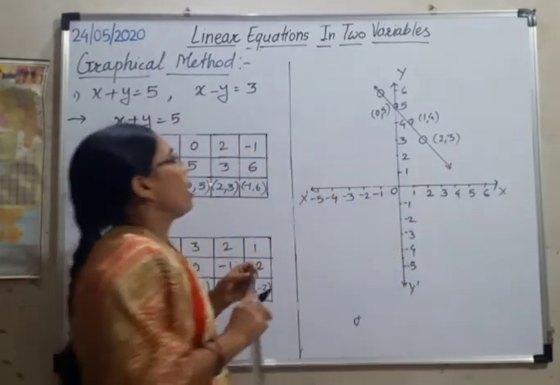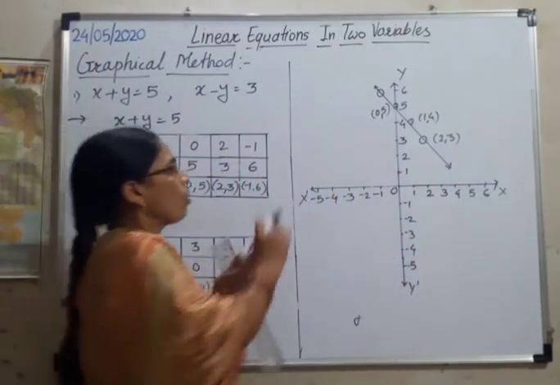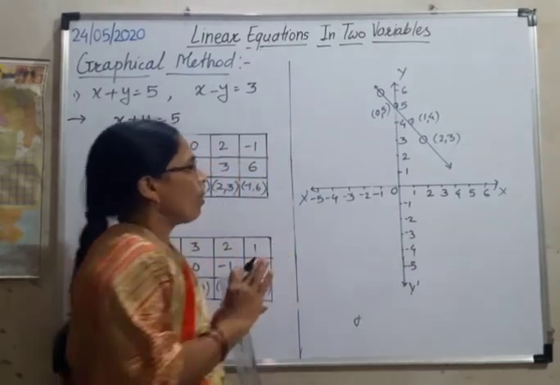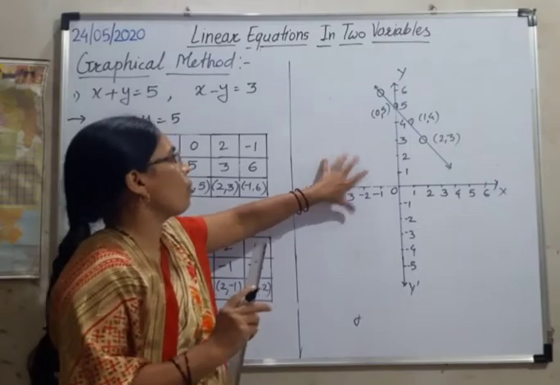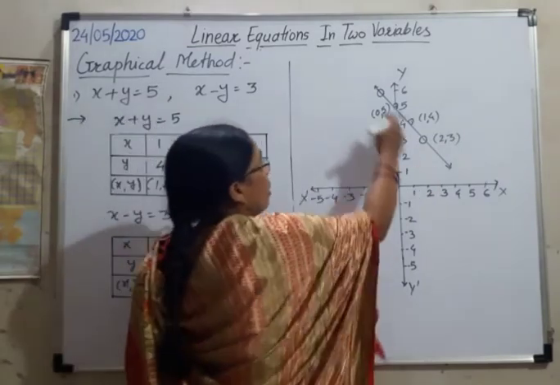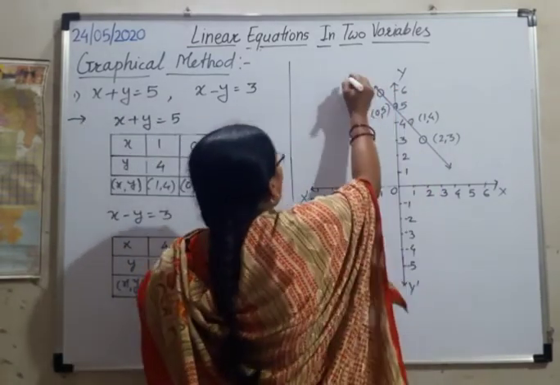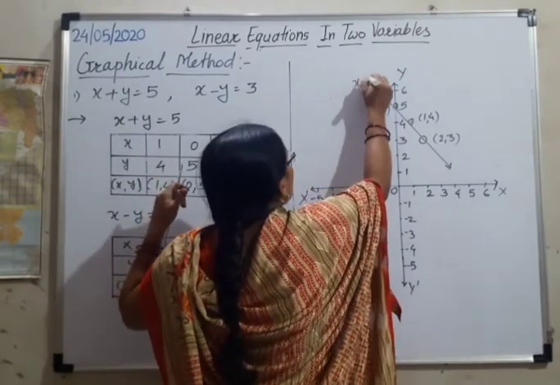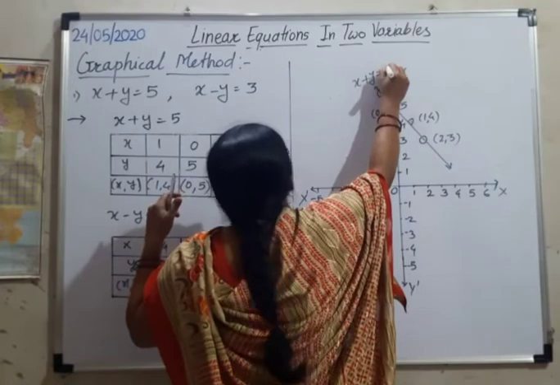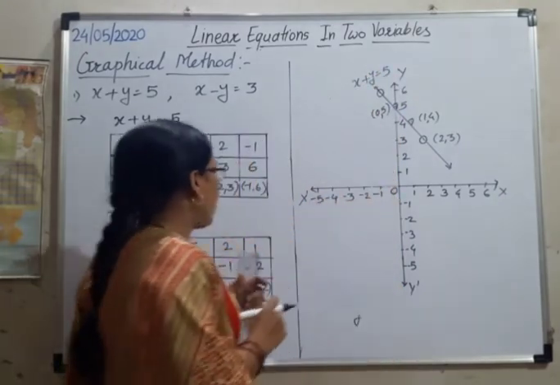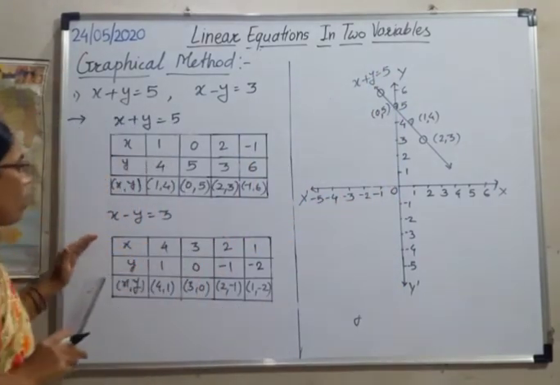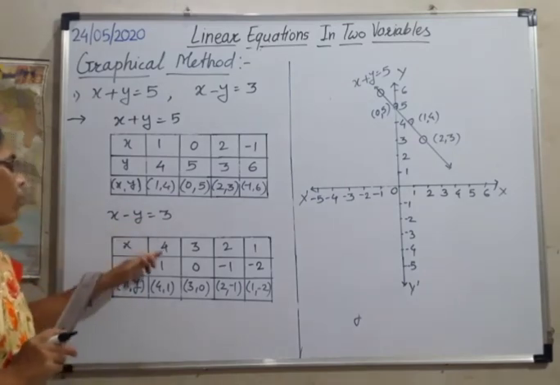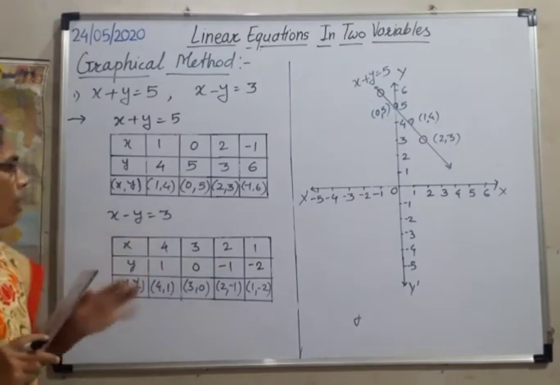It will come out exactly correct on the graph paper because there are already lines and squares, so you can see it properly. So you can draw an exactly correct graph on the graph paper. After drawing the line, you have to write the equation of that line, which is x plus y is equal to 5. And now we have to draw the line of the second equation, which is x minus y is equal to 3. Again we have to plot four points on the graph paper.